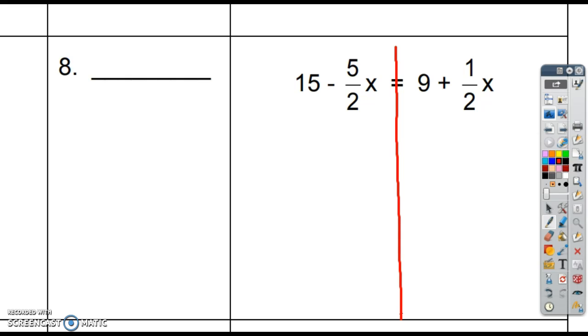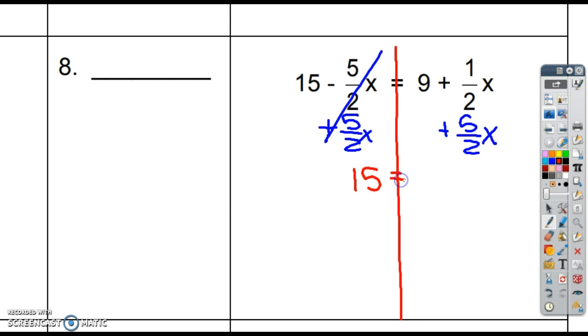Out of negative 5/2 x and 1/2 x, which one is smaller? The negative, right? So how do I move a negative? Add it. Make it a positive, right? So I add 5/2 x to both sides. Okay. On this side, it's going to cancel. I can bring down this 15. I haven't done anything with it. My equal sign follows the line. Bring down my 9. And 1/2 x plus 5/2 x is